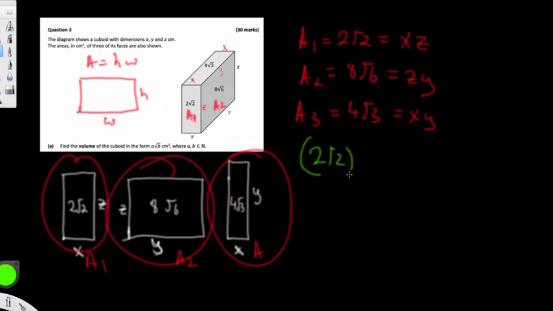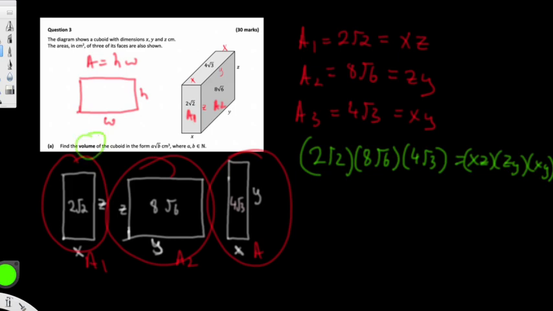2 root 2 by 8 root 6 by 4 root 3 is equal to xz by zy by xy. Now, why are we going to do this? The reason is that we're looking for the volume of the shape. And the volume of this shape here is going to be x times y times z. So we need x times y times z. And the way to get there is to find an expression with x, y, and z in it all multiplied,